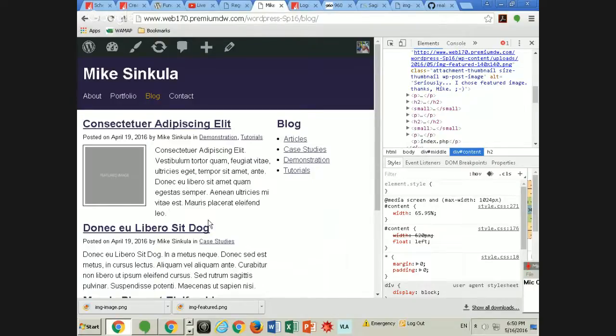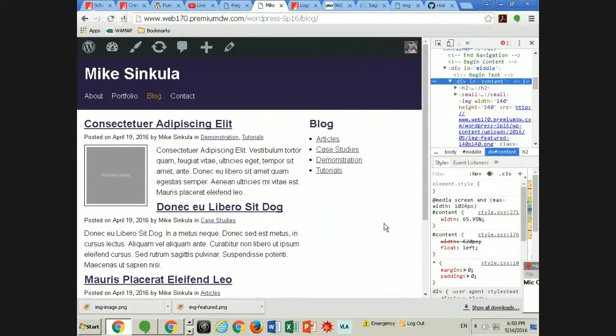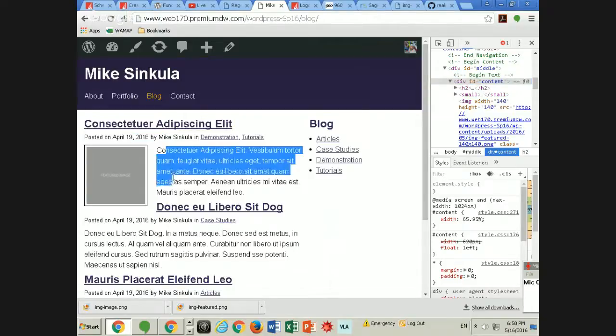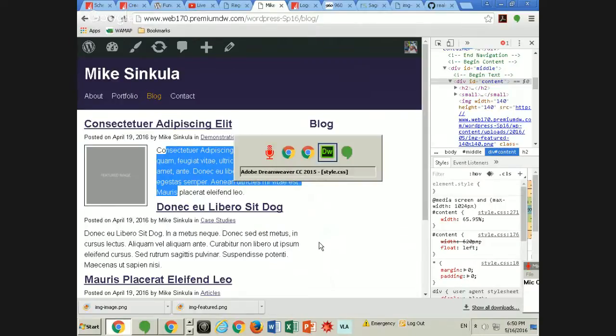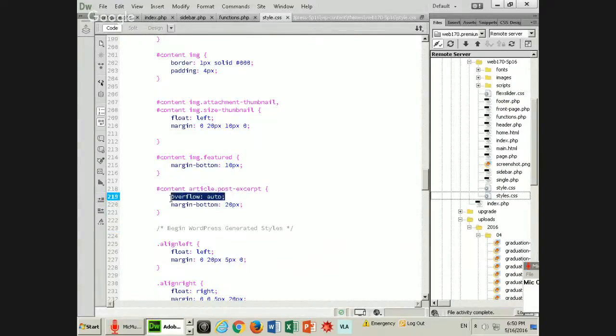So what's happening then is, because we don't have an object, this is floated, our paragraph runs, and then our headline tries to float up next to it because our headline has not been cleared. Well, we don't always want to have to clear our headline. So what we would want to do then is wrap the image and that all in its own box. But if we don't say overflow hidden, it is still going to try to wrap up. So let me show you what I mean. So if I comment this out,